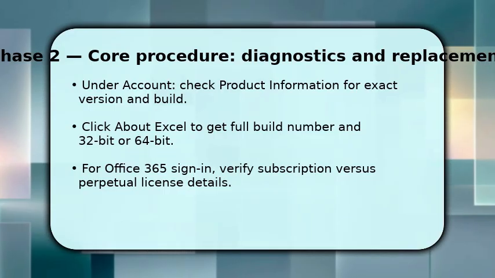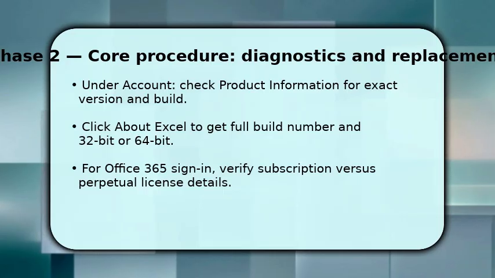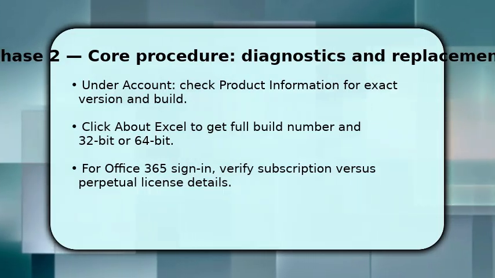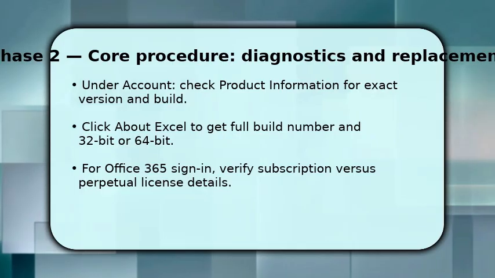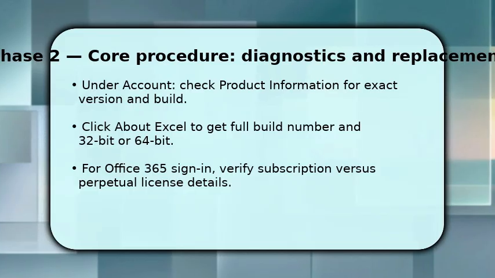Next, you inspect the product information area to read the version and build. That tells you whether you have a feature update or security patch. Click About Excel to reveal the full build number and whether your install is 32-bit or 64-bit, because that affects